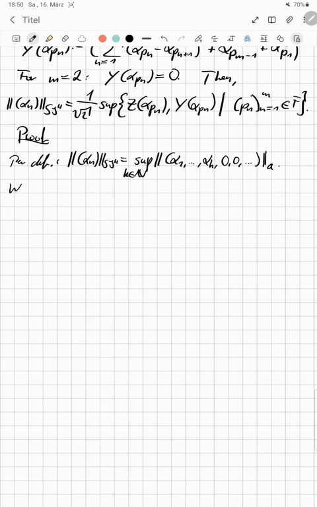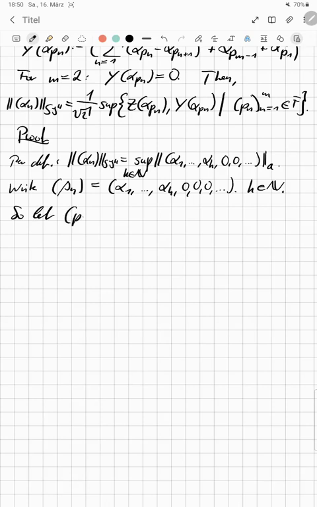Okay, and we will first just look at this without the supremum, and we'll write, for that matter, beta n for exactly this sequence right here. And k, of course, is a positive integer. We now look at the norm of this beta n for itself. So let Pn be some indices. Now, if Pm is greater than K,